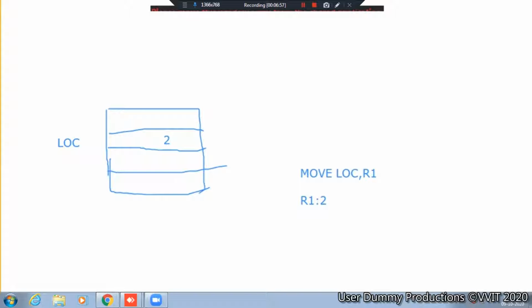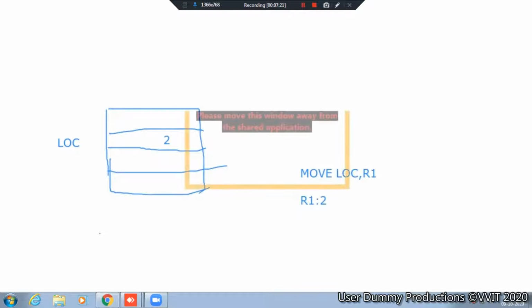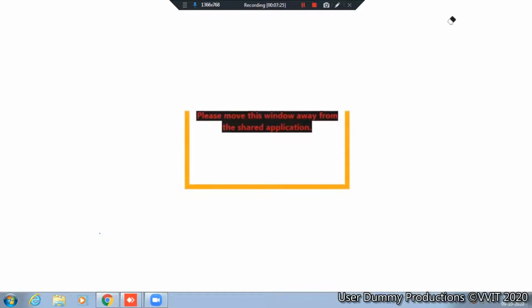Next, indirect mode. This is direct mode. Indirect mode is nothing but, see here, listen carefully. I will explain with the board.